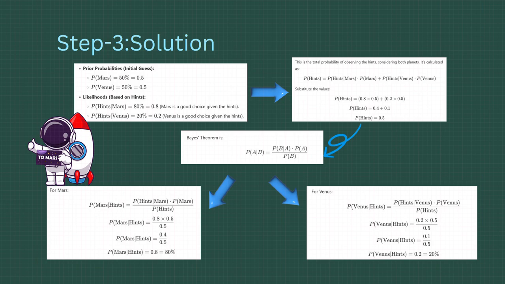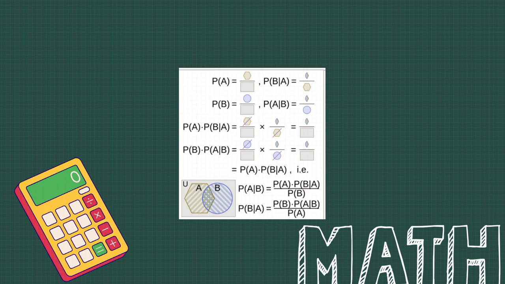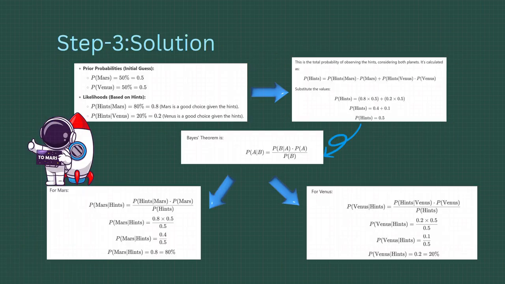What we find is, before Bayes theorem, there was just probability, and we don't know which to choose. Because of Bayes theorem, we get hints, and we calculate those hints mathematically and find out which will be the better option. Since with our solution we get Mars as our better option, that is how we calculate with Bayes theorem.